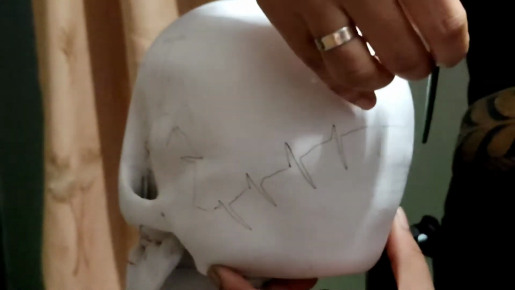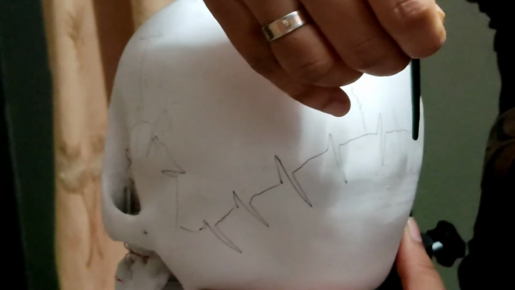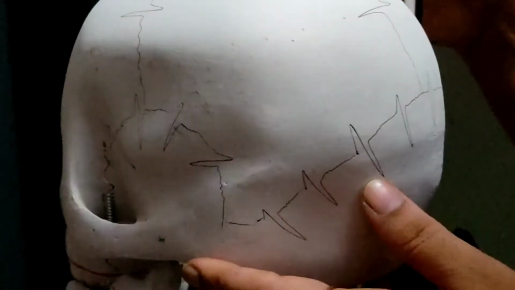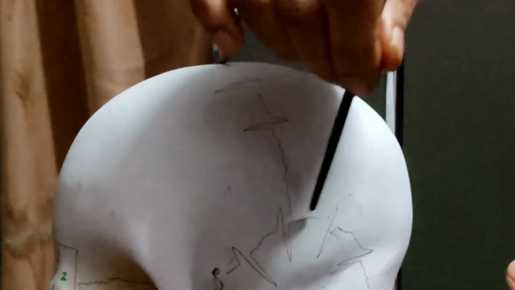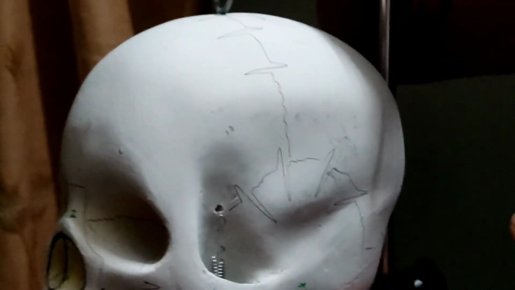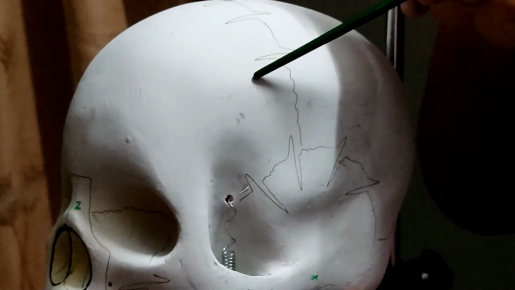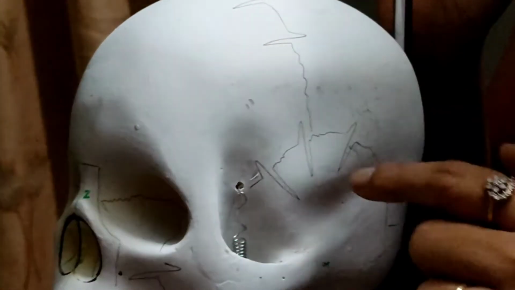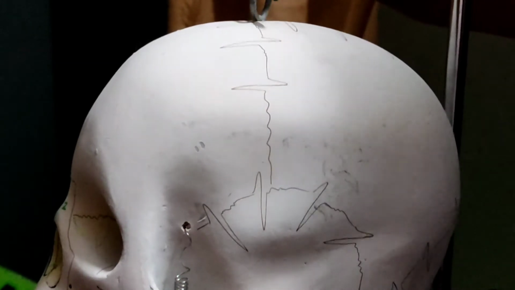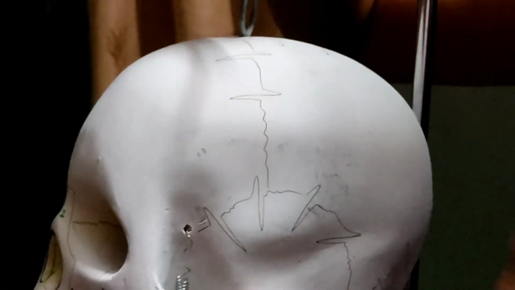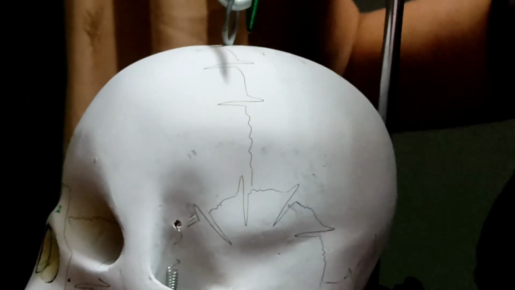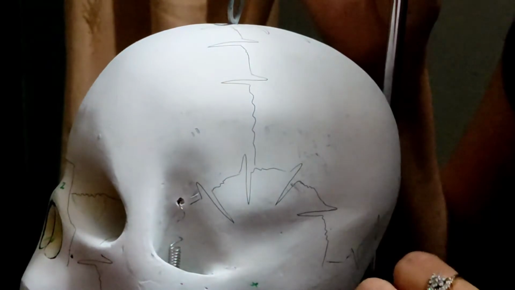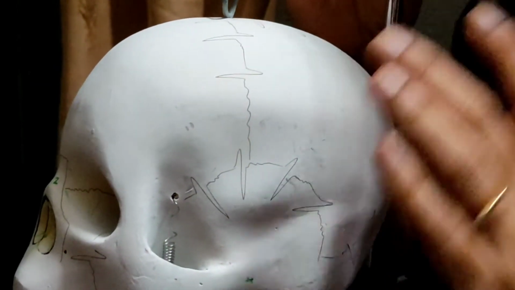From behind we can see this suture. This is the lambdoidal suture, which is present in between the occipital bone and 2 parietal bones. And laterally there is this lateral suture, which is present in between the temporal bone, frontal bone and parietal bone. Now these are cranial bones and their sutures. Being zigzag in nature, these sutures will distribute the force or pressure equally along the skull bones because of impact or any collision.